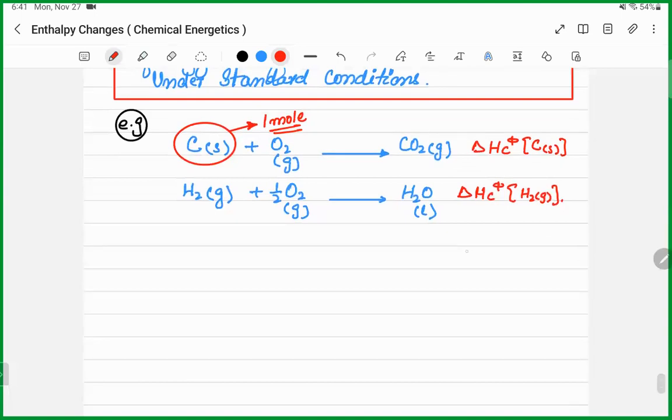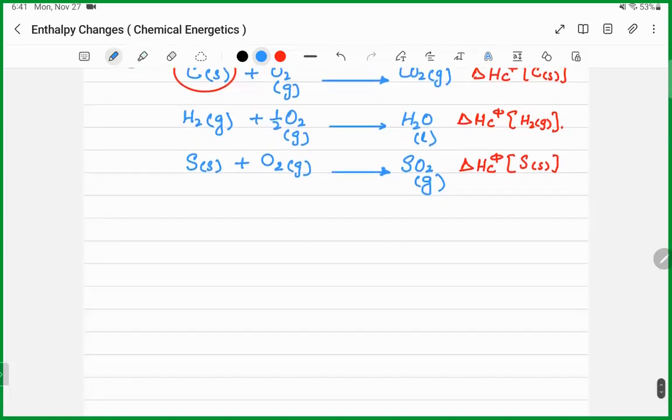कैन यू राइट डाउन द इक्वेशन फॉर द स्टैंडर्ड एंथैल्पी चेंज ऑफ कंबस्शन फॉर सल्फर सॉलिड? ठीक है ना, डन। अच्छा, एक की नोट याद रखिएगा बेटा यहां पर।